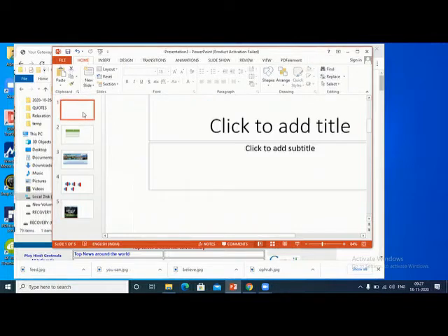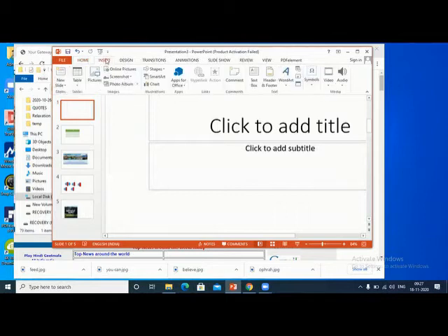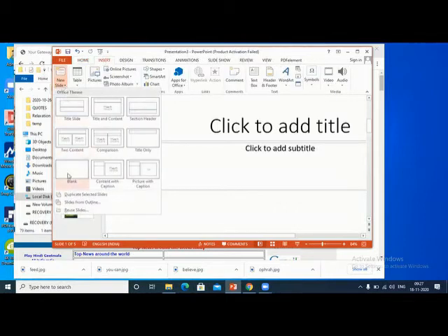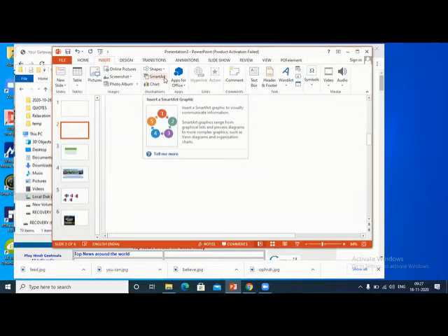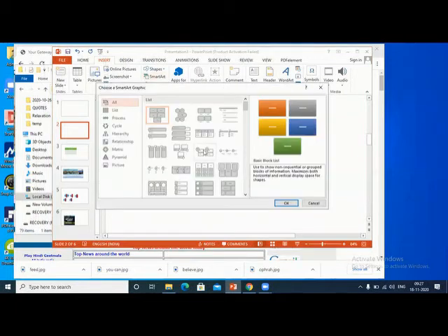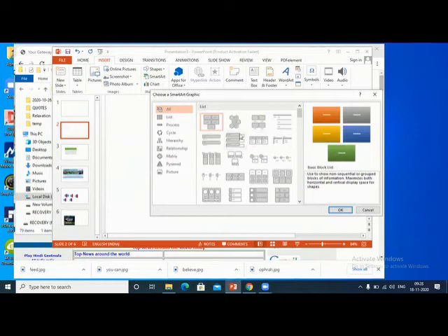Okay, let us move on to another one. Insert, slide, new. So this SmartArt I have shown you yesterday, very interesting. If you want some presentation with SmartArt, click SmartArt. There are different types of SmartArt available. You can have this type.